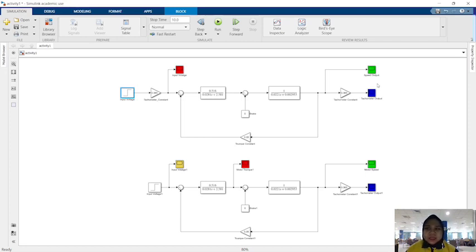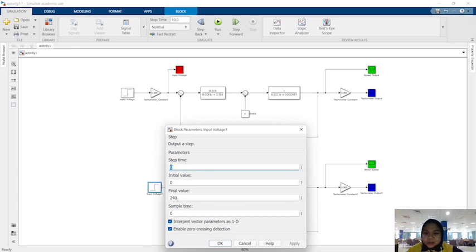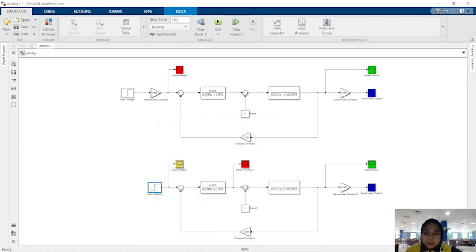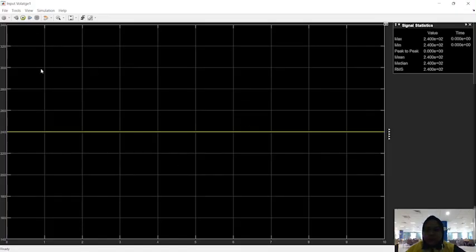So I'm going to explain about activity number 1. This is our first block diagram, and we can run our circuit, and then we can see here it's 240, and we can get our input voltage over here. This is our graph. So our input voltage is 240 volt,